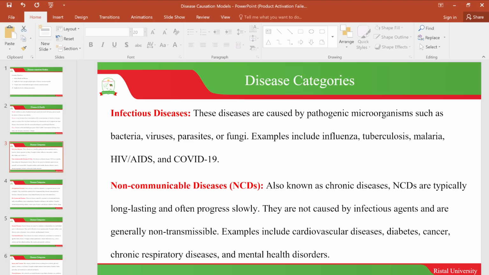Okay, so these agents can be microbes, viruses, bacteria, protozoa, fungi. Okay, these are the ones that are causing these diseases. HIV, COVID-19 virus, that is the coronavirus, and many others, tuberculosis, malaria, and things like that. Those are infectious diseases. And then we have